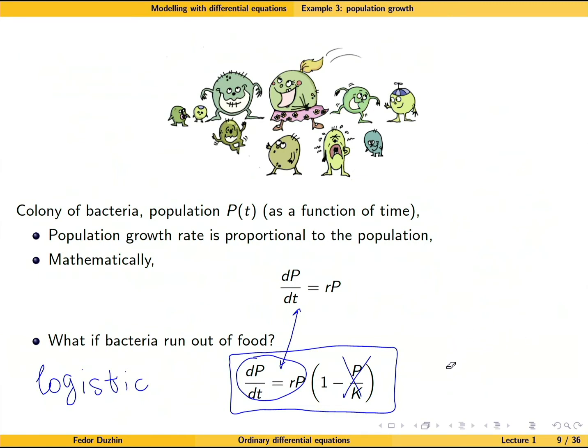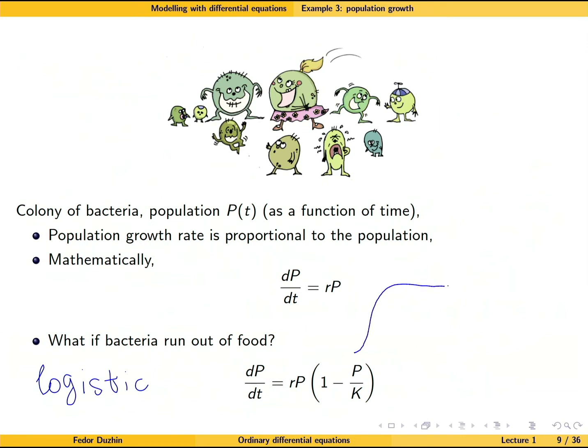If P is much smaller than K, then this equation becomes just dP/dt equals rP, because the term P over K we can just neglect, it is almost 0. But then eventually,